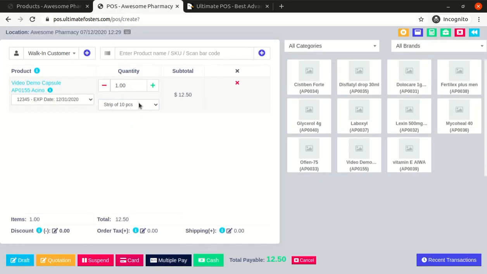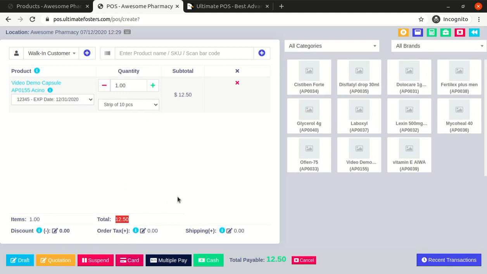Here I am selecting a strip of 10 pieces, and I am selecting this particular lot number and expiry date, and I will click on this cash. If I click on this cash, it will automatically assume that the customer has paid 12.50 to you. It's kind of like express, we don't have to enter multiple things over here.